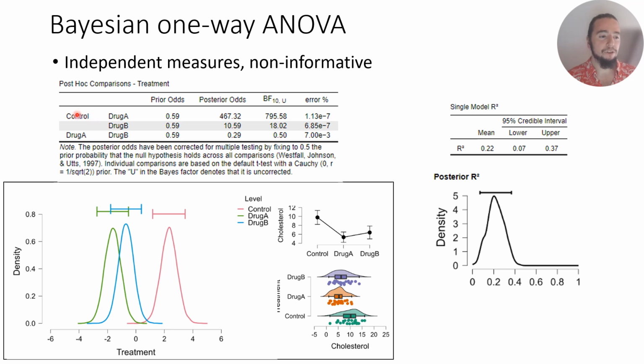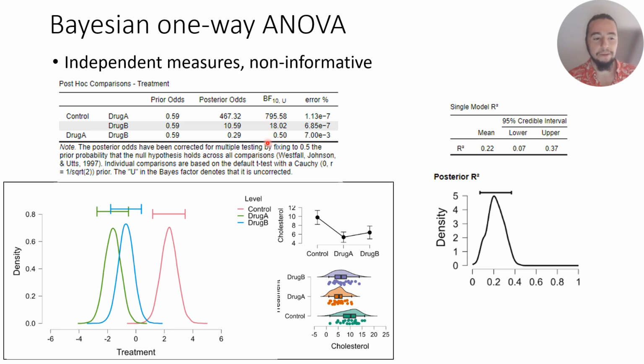here, we have control against drug A, control against drug B, and drug A against drug B. The prior odds are all of these. Then the posterior odds are going to be this, and as you can see here, control against drug A is very high, control against drug B is not that high but present, and drug A and drug B compared between each other has very low odds. Converted to Bayes factor is this, as you can see here, so 800 as Bayes factor, 18 as Bayes factor,